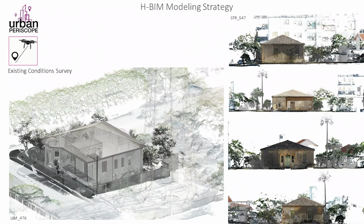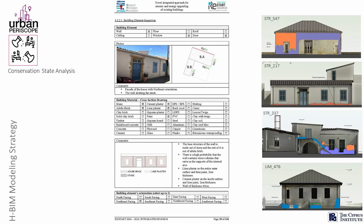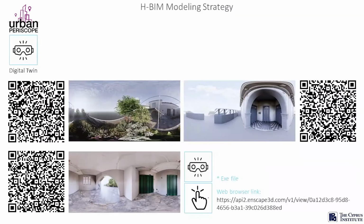So we don't stop at the 3D documentation for reconstruction and visualization of buildings and monuments, but we try to devise all the workflows that enable us to bring all these datasets together, not only for conservation analysis, but also for remote access to all this wealth of information. As you can see with these QR codes, anybody, even you now while we are speaking, if you point your mobile device to each one of these QR codes, you will be able to load the 360 view of the